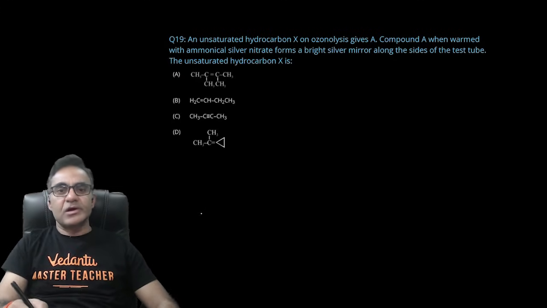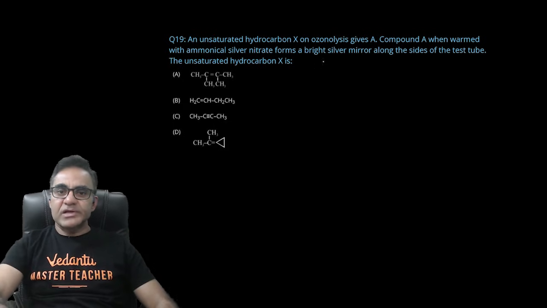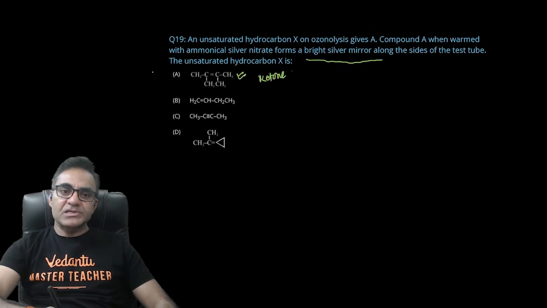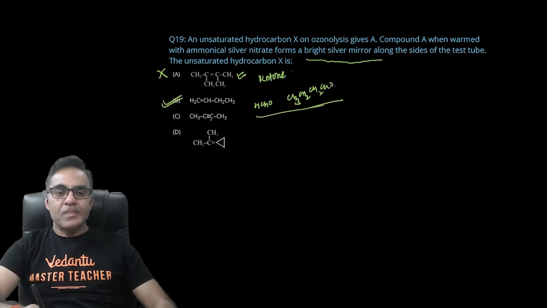An unsaturated hydrocarbon X on ozonolysis gives A. Compound A when treated with ammonical silver nitrate forms a bright silver mirror, यानी ozonolysis product silver mirror test देता है। अनसैचुरेटेड कंपाउंड कौन सा होगा, देखो अगर इसका ओजोनोलिसिस करेंगे रिडक्टिव ओजोनोलिसिस तो कीटोन बनेगा, और कीटोन सिल्वर मिरर टेस्ट देगा नहीं, आंसर नहीं आएगा। इसका ओजोनोलिसिस करेंगे तो एक तो फॉर्मेल्डिहाइड बनेगा रिडक्टिव ओजोनोलिसिस में, और एक CH3 CH2 CH2 CHO बनेगा, राइट, दोनों सिल्वर मिरर टेस्ट देंगे, तो ये आंसर हो गया।